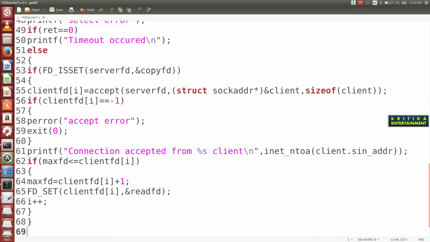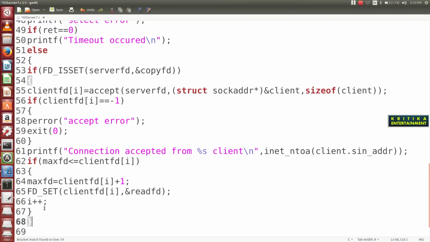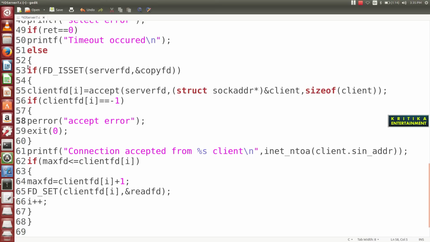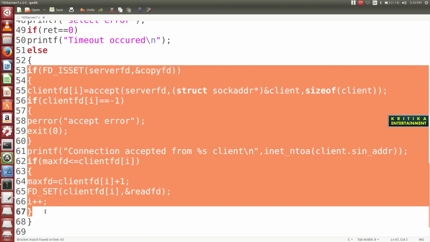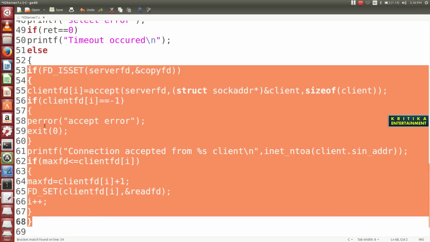Okay, then these things up to this, it is a connection of what? It is the connection code, because in the else part you have to write two codes. One is connection, another is the data communication, and this connection code is completed inside the else part. These are your connection part. Now we will write the data communication part.